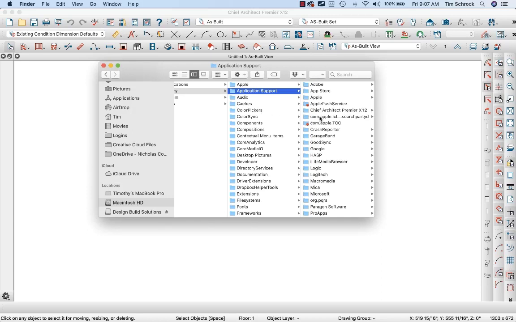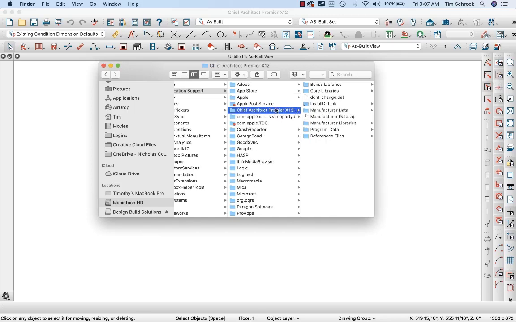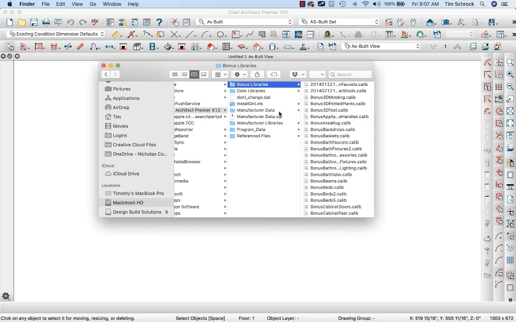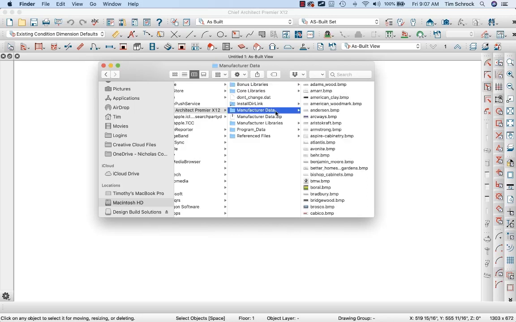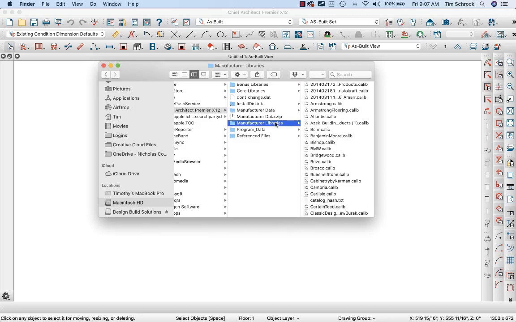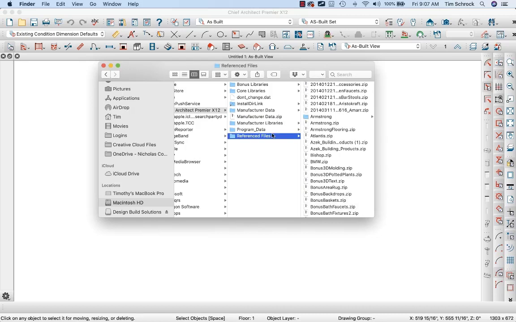Under application support, you can click on Chief Architect Premier version X12, which is my version, whatever version you're migrating, and I'm going to copy the bonus libraries. I'm going to copy manufacturer data, I'm going to copy manufacturer libraries, and referenced files. What I ended up having to do was zip these folders and move them because they were quite large, and transfer them from one